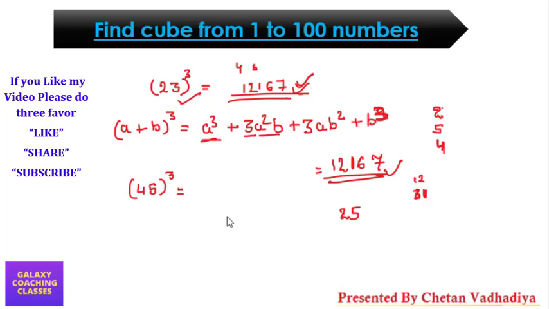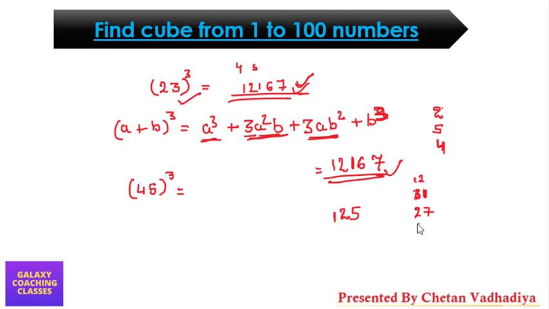Okay, 31. Now this step also we have done. Now in this step, 3AB means 4 square, 16. 16 fives are 80, and 80 threes are 240. 240 plus 31 means 271. 1 will come here and 27 will be your carry. Now 4 cube: 4 fours are 16, 4 sixteens are 64. 64 plus this will give you 91. So here you will get 91, guys. So this is the cube of 45.